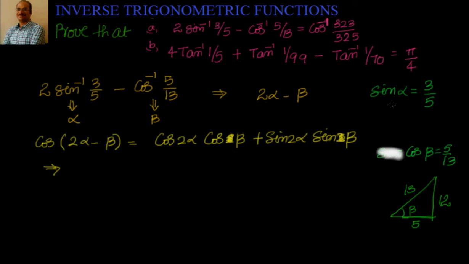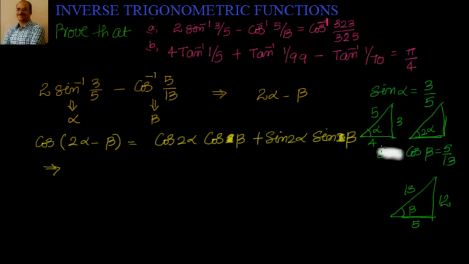Similarly we do for alpha, sin alpha equal to 3 by 5, so this becomes 4. Now I need here 2 alpha, so I will do one more triangle for 2 alpha. Let us see what values we'll have there. 2 alpha. Now what is sin 2 alpha? Sin 2 alpha is 2 sin alpha cos alpha, that is nothing but 2 into 3 by 5 into cos alpha 4 by 5. Correct?